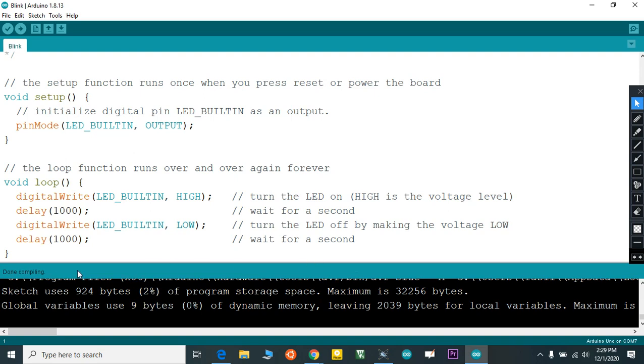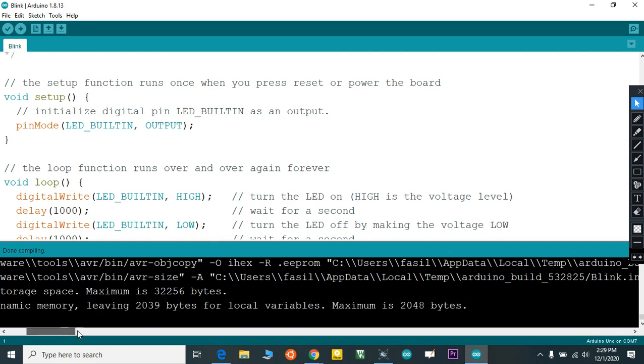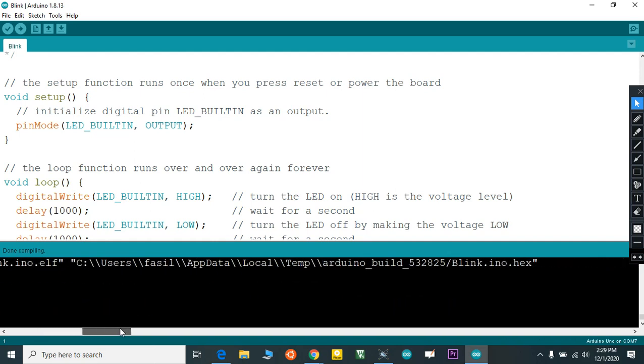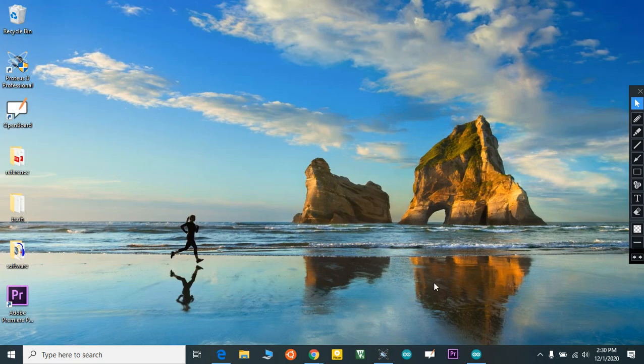Okay, once you successfully compile, you can see here a file named hex file. Once you scroll up, scroll to your right side, you can see here blink.ino hex. Just copy this using Control C, and paste it here.